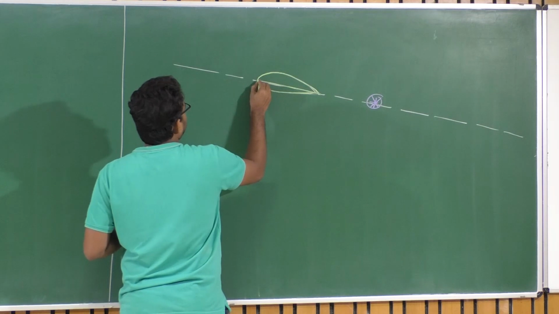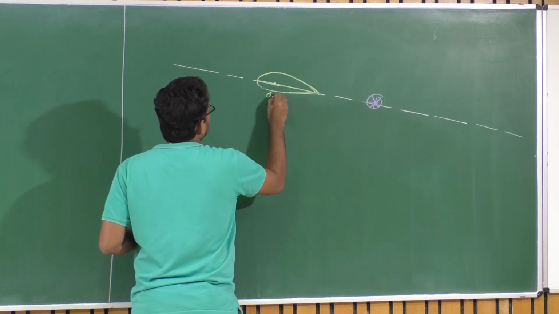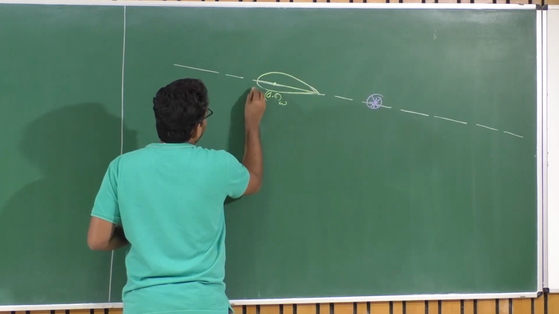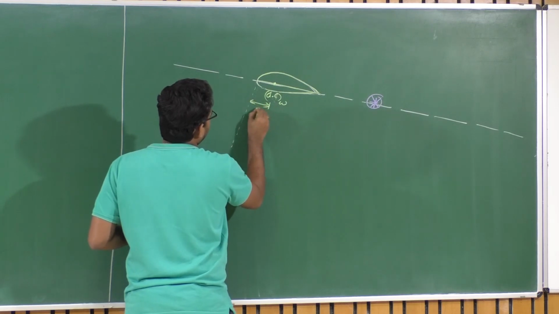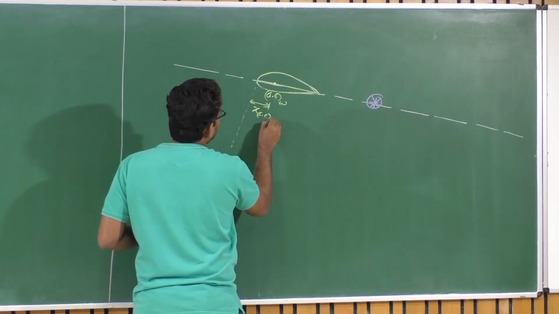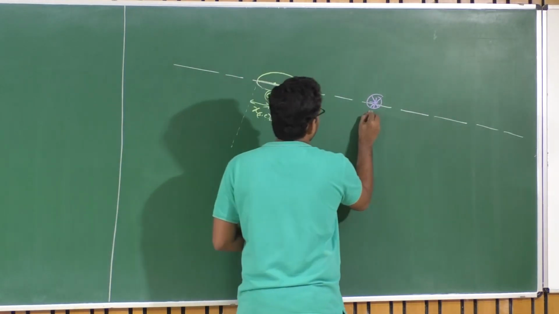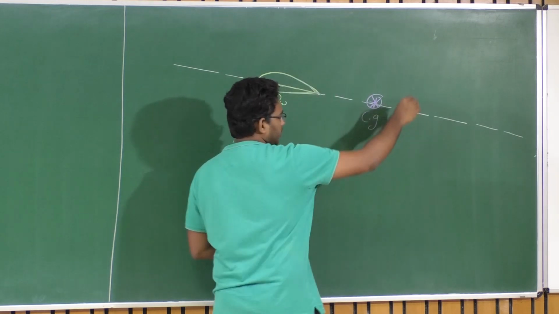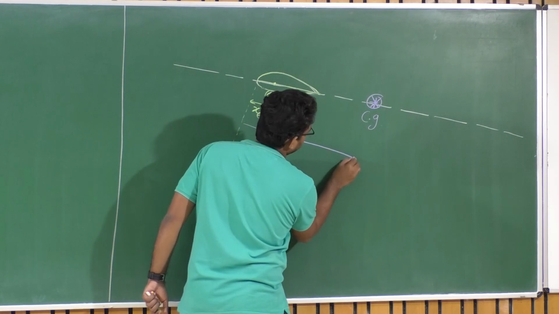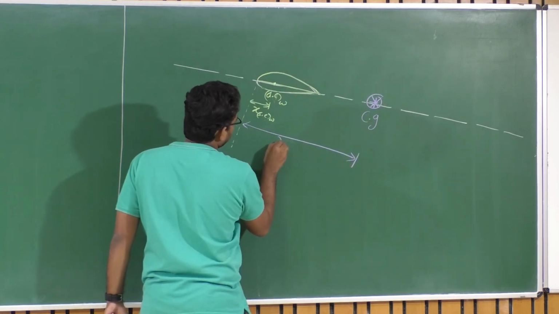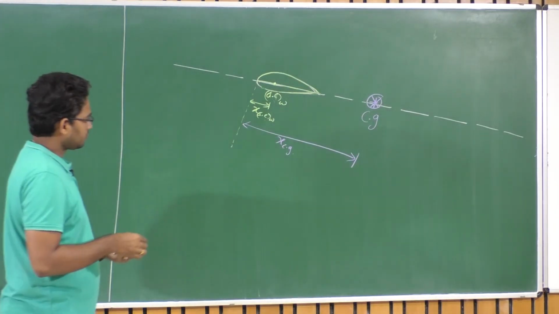So we have the fuselage reference line, and for the wing we know there is an aerodynamic center, which is located at a distance x AC aft of the leading edge of the wing. And the CG of this aircraft with a tail, we'll draw the tail very soon, is located at a distance x Cg with respect to the leading edge of the wing.